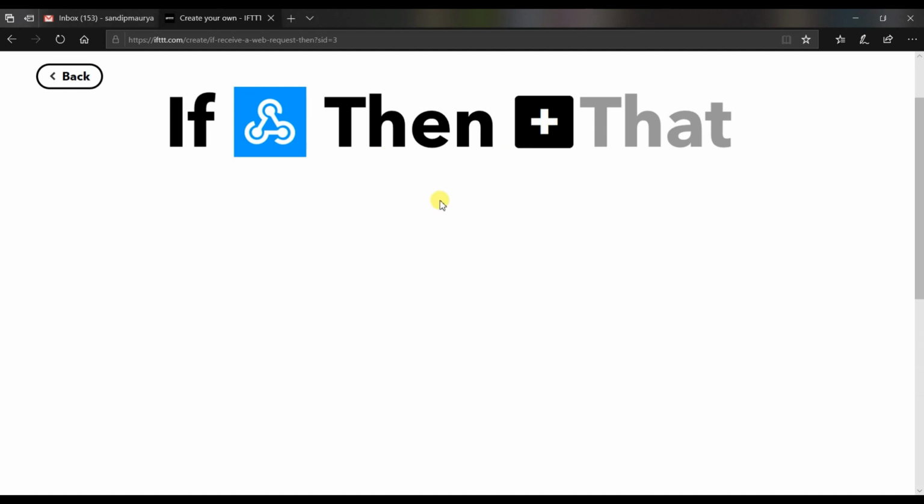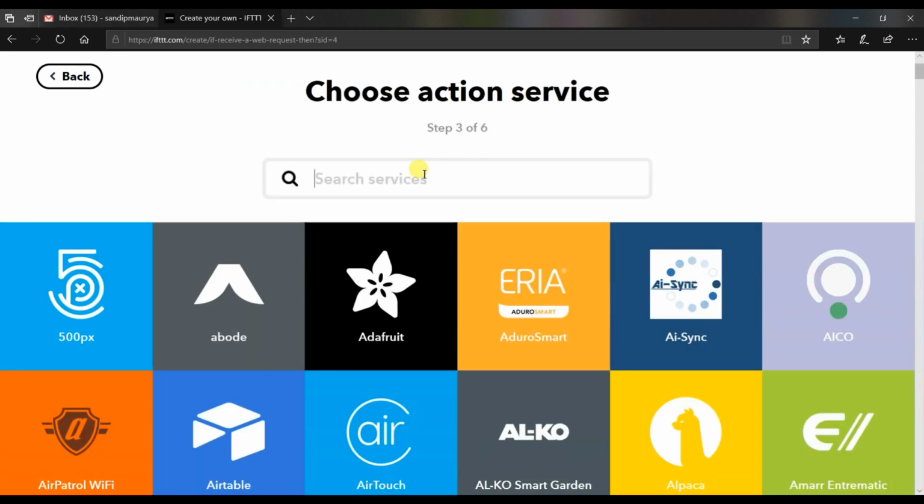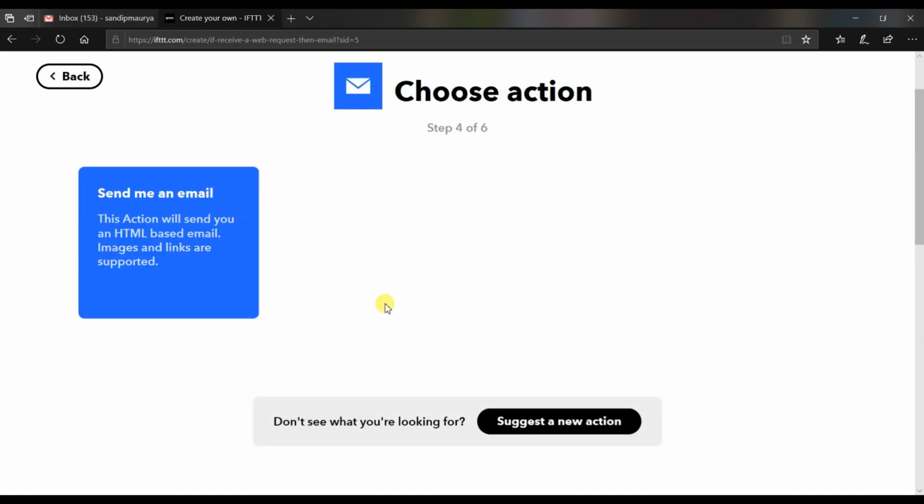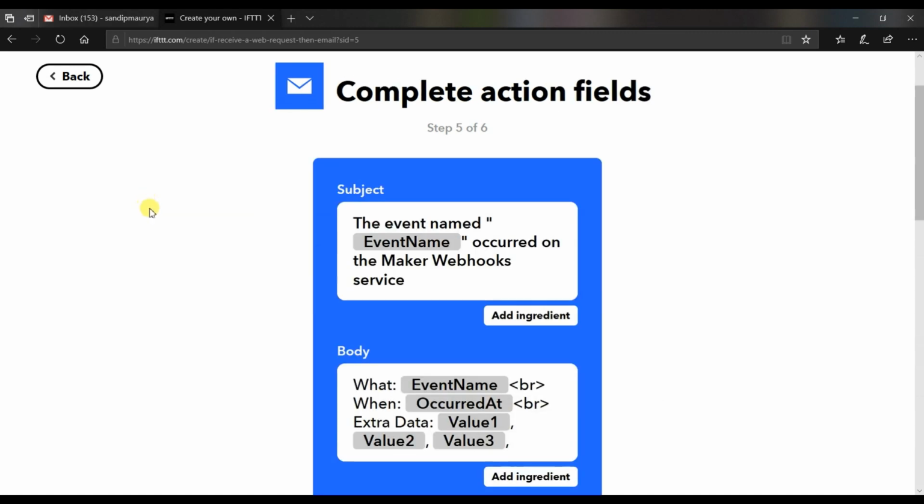Then click on that, and here email. Click on here, event name.